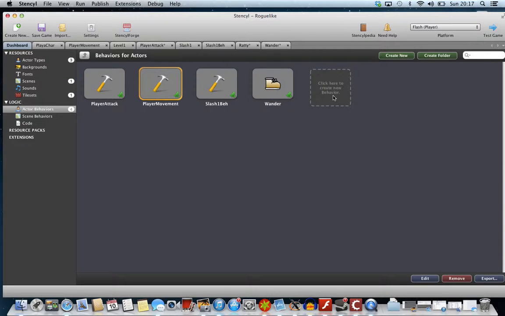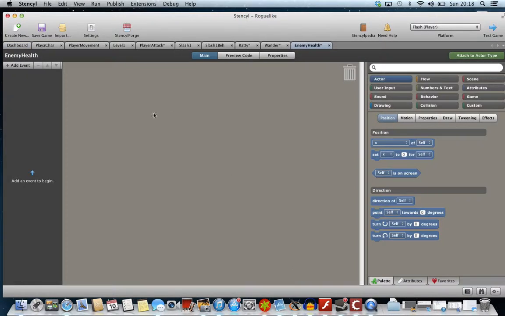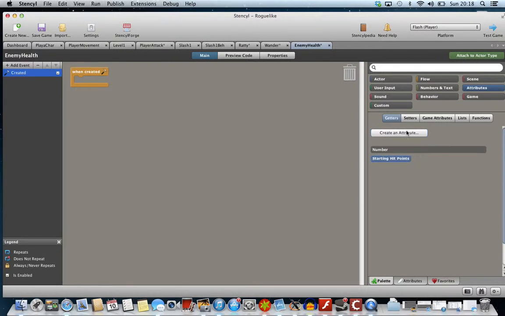So we'll click here, and we'll call it enemy health, and we'll create that. Well, first off, I think the most obvious thing is we want to set the hit points. So create an attribute for starting hit points, and it is a number. We'll set it as, well, a rat will be quite a weak enemy, so we'll set it as 3,